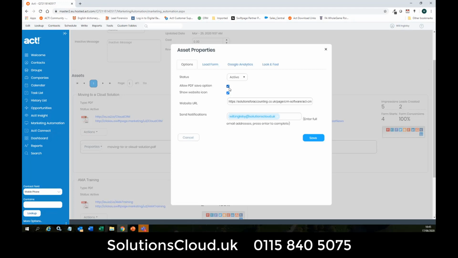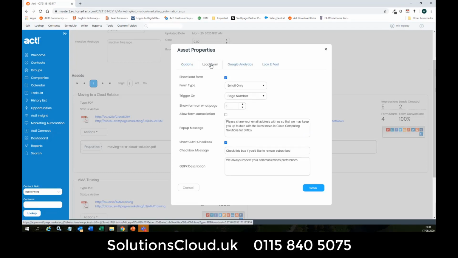Well, what we can do with assets is pop a form to ask them for information, but not straight away. So we might say by the time they've got to page 3 in this PDF, they're going to be sufficiently interested such that if we then present them with a form, there's a greater probability that they might give us that information. So if we go to the lead form tab in this example, I've decided that when they get to page number 3, it's going to pop a form and ask them for